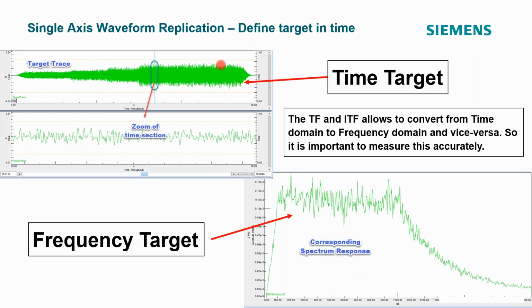This is the target trace, for example. This is what we want to achieve, and if we zoom in on that narrow point in time, we can see this is our time domain response at a particular point on the structure. We can also look at the frequency response and see how that compares if we took a chunk of data out of here, or took an average of this time data and calculated a bunch of spectrums and averaged those together. We can also use that as a kind of success criteria.